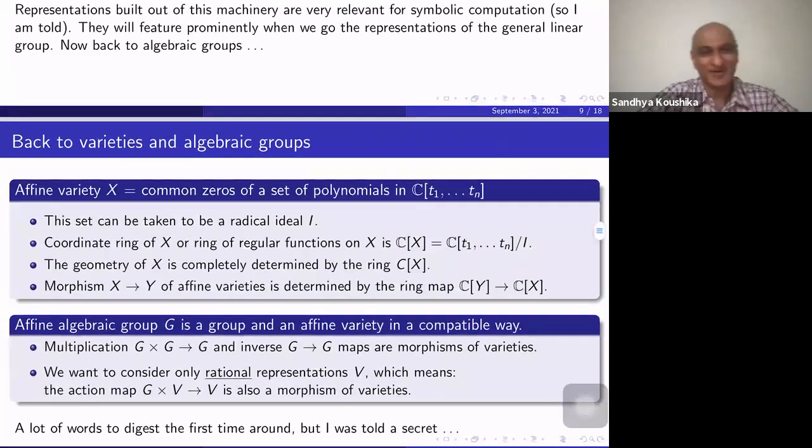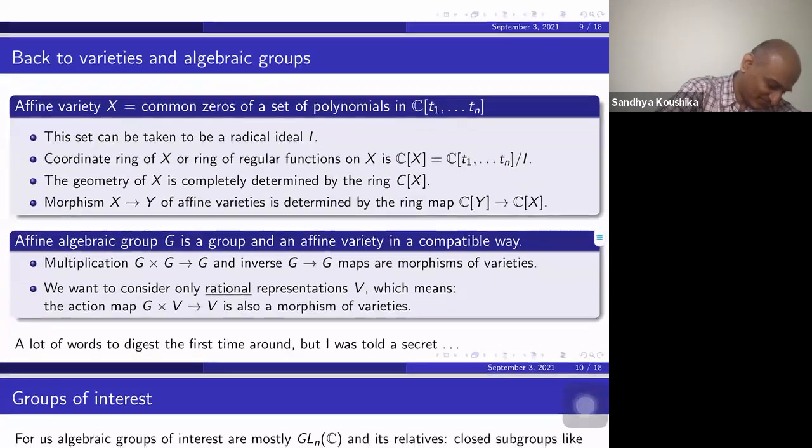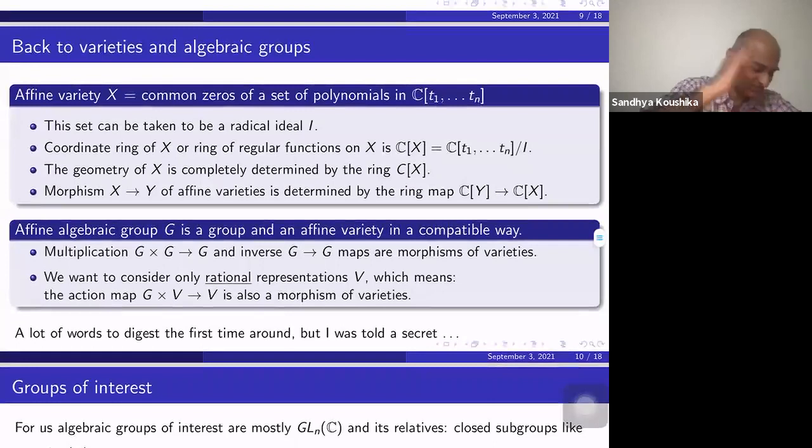I don't know about you, but if all of this was thrown at me in one go, I definitely would not be able to digest this. So this is a lot to digest. But I've been told by KV that in some sense, we don't really have to worry about this too much, because really we care only about GL_n. I mean, maybe that's a lie, but GL_n and its close relatives,